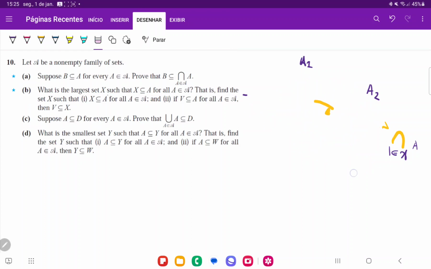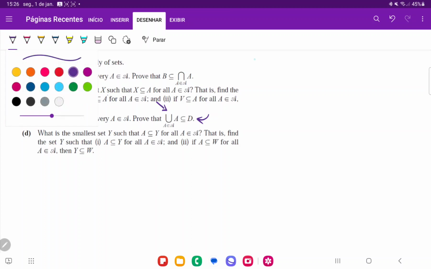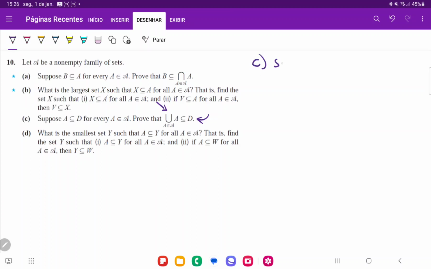Now for item C, we're supposing that A is a subset of D for every A belonging to the family. So every single set in that family is also inside some other set D. And now we want to show that the union is a subset of D. So similarly, we're going to take some element that is here and then show that that element must also be there. So for item C, we're going to say,